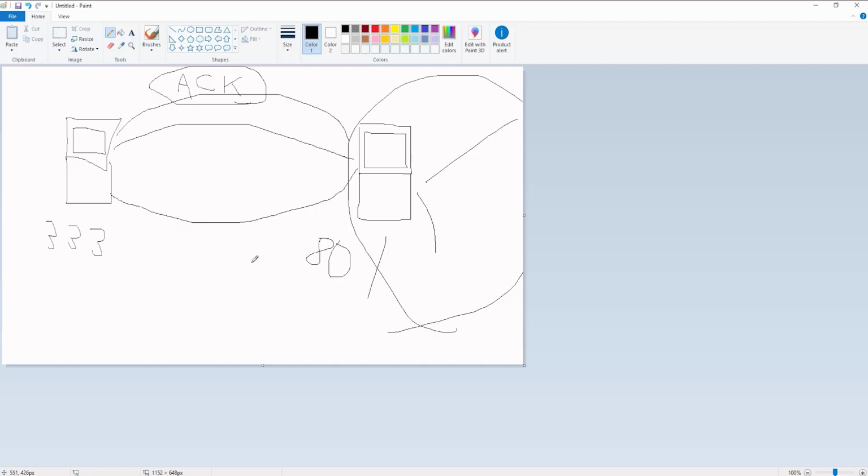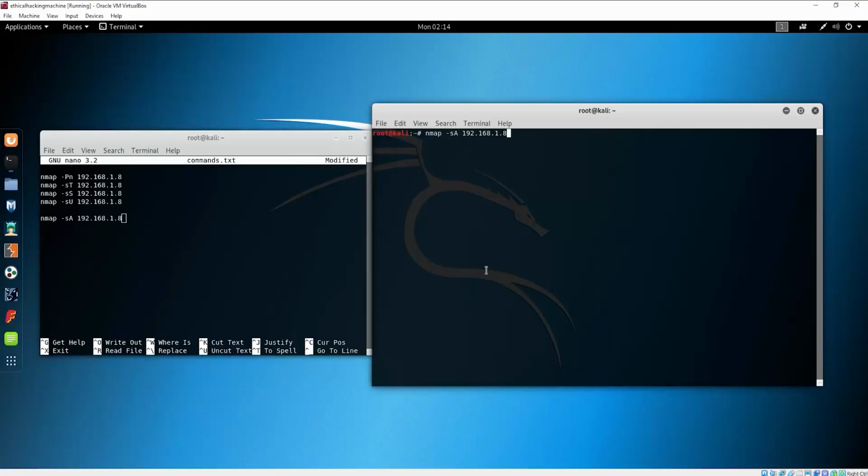So in order for you to be able to scan this target, you need to specify the port from which it allows packets to come. It will usually be one of the well-known ports, for example port 53 for DNS, port 25, port 80, port 8080. It can be any of those widely known ports, but it can also be any other random port, so you will need to find it out by yourself. But once you do find that out, you can just type here